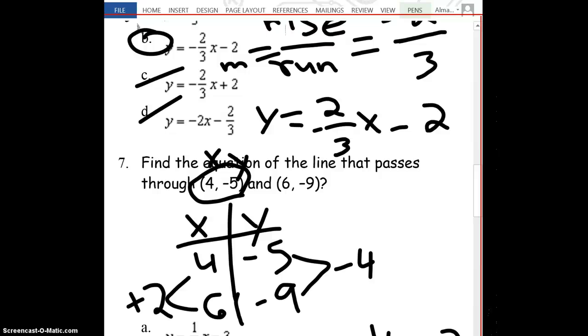Okay, so now if I want to write the equation of my line, the equation would be y equals negative 2x plus 3. The slope, again, always goes in front of the x, and the y-intercept always goes at the end. And the answer is